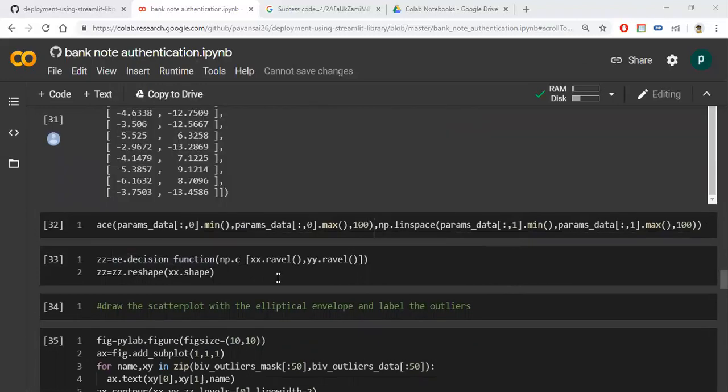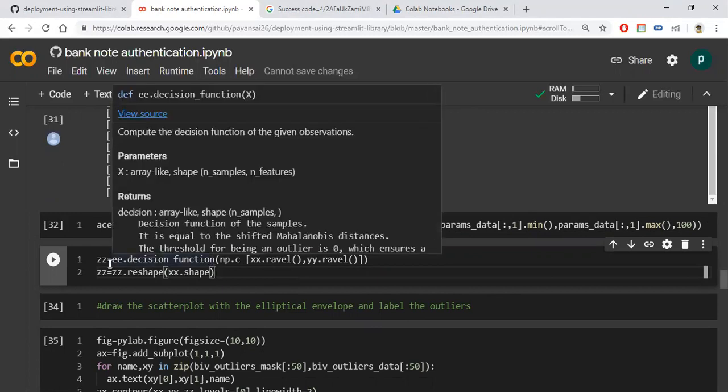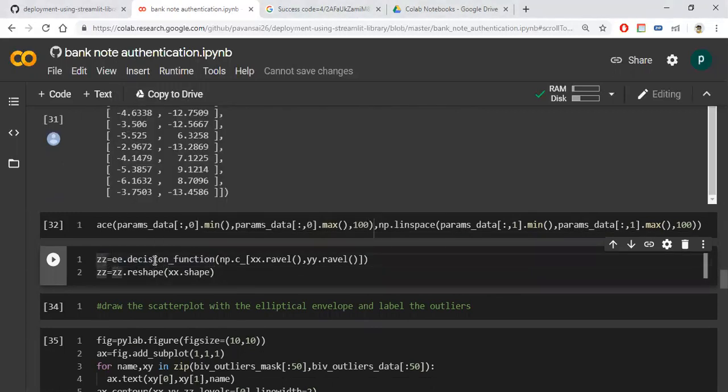Why is it called an elliptical envelope? Because it draws an ellipse around the data points. The points outside of this ellipse we call outliers. If you want to draw the ellipse, the main method is the decision function.